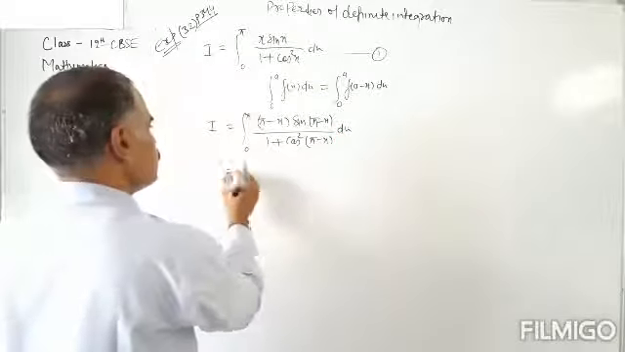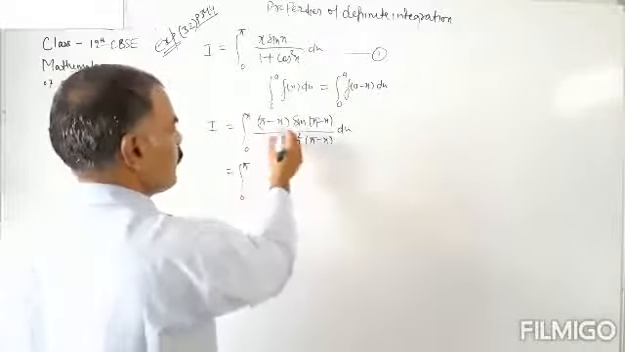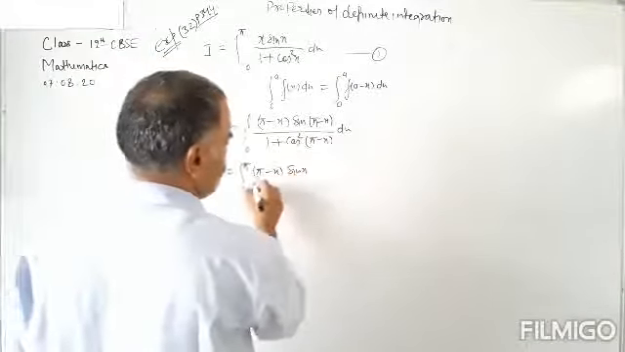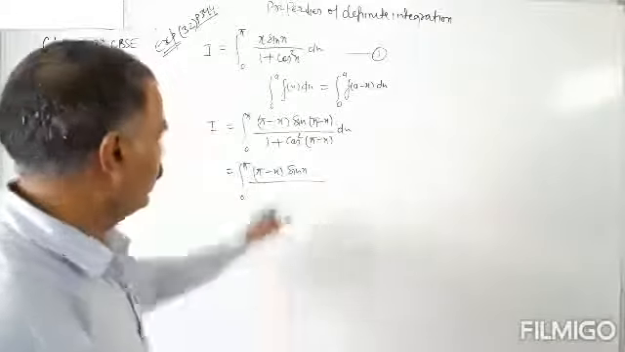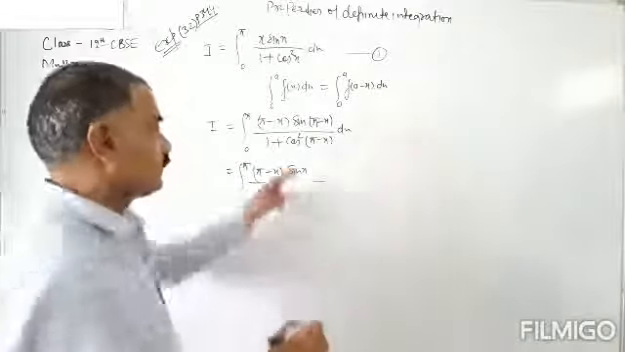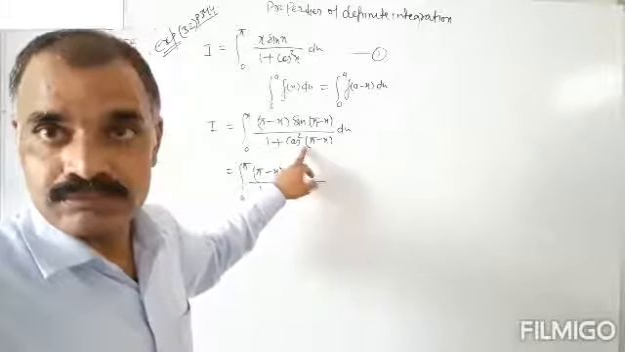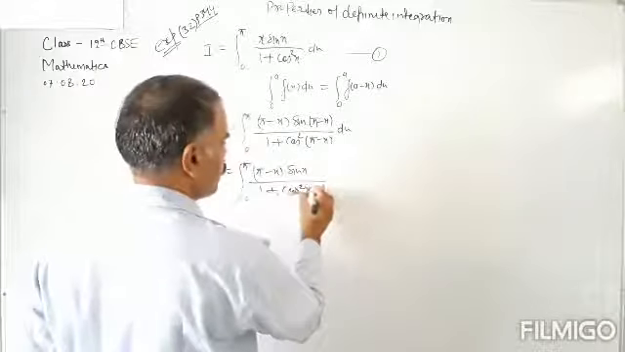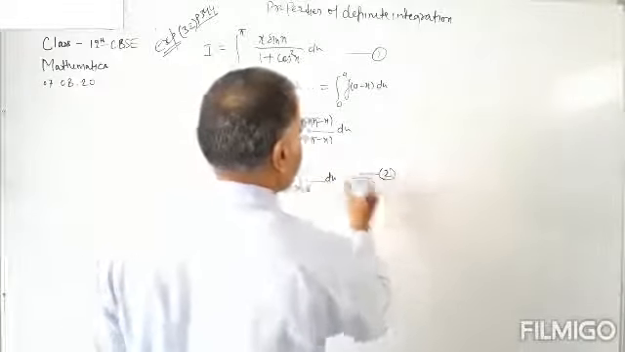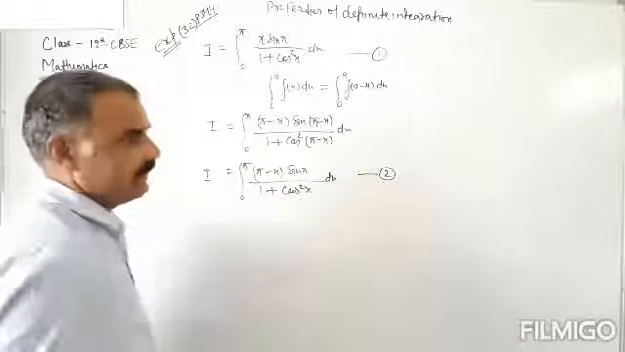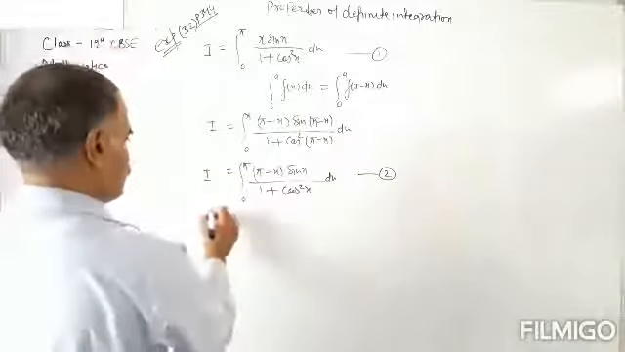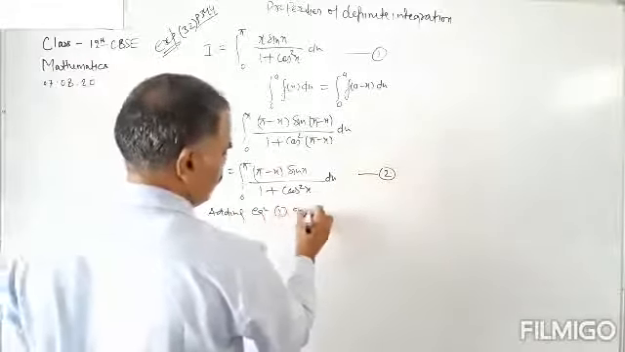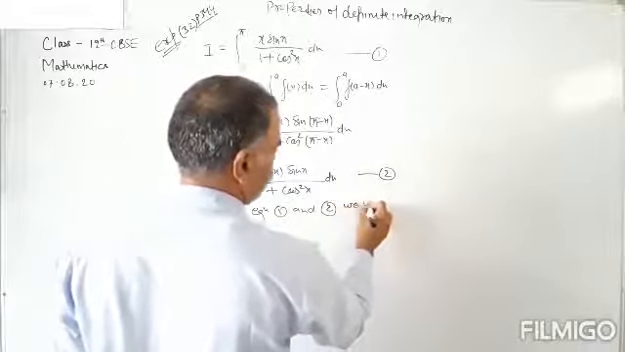Okay, so this is equal to 0 to pi, pi minus x, sin pi minus x is sin x, and 1 plus cos pi minus x is minus cos x, but squaring is there, so plus cos square x dx. This is equation number 2. I equals. Now adding equation number 1 and 2, adding equation 1 and 2 we will have